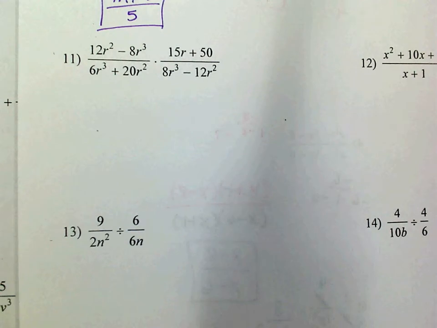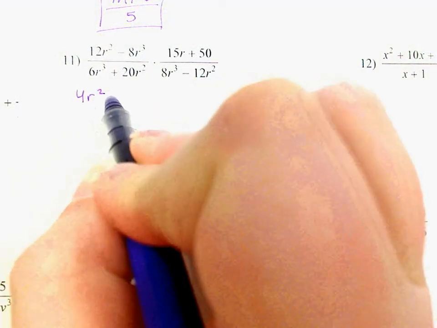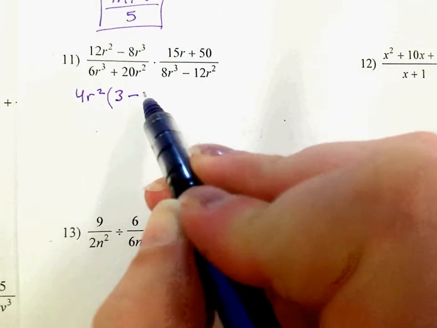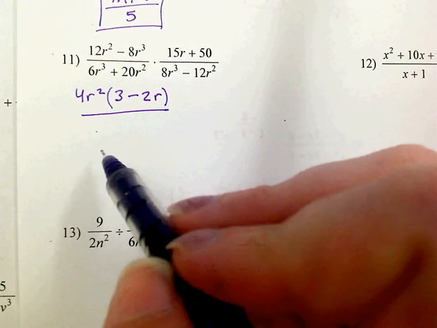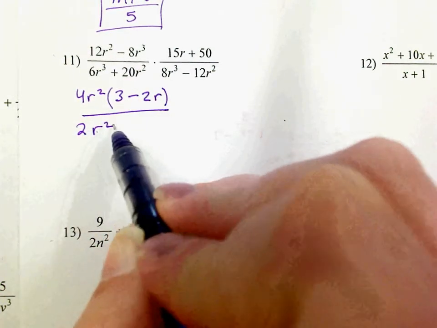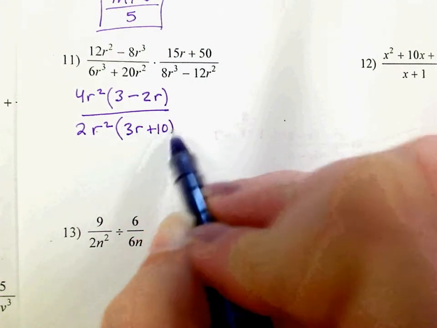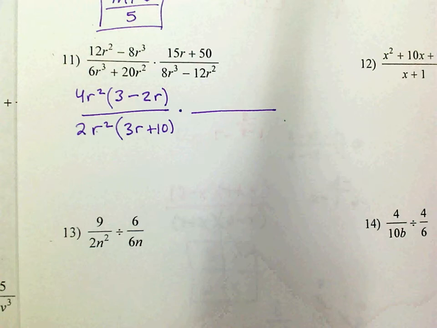What can you factor out of 12r squared and 8r cubed? A 4 and r squared, right? So I'm going to factor out a 4r squared. What am I left with? A 3 minus 2r over. I've got what? What can I factor out of 6r cubed and 20r squared? 2 what? R squared. What am I left with? 3r plus 10 times. What can I factor out of 15 and 50? A 5? So I'm left with